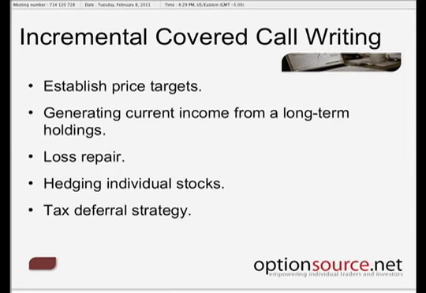The fourth one down, hedging individual stocks. This is the idea, just like Tony was asking there, about writing an in-the-money covered call. Let's just say we rallied that natural gas ETF from $18 to 21, like in that example. We could have actually sold an in-the-money $20 call. For those of you not familiar with options, by selling the $20 call, you're locking in the sale price at 20. And most people would say, well, why would I agree to sell my stock at 20 when I could sell it right now for 21?